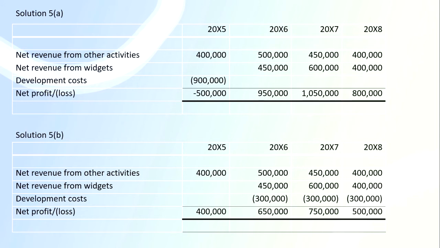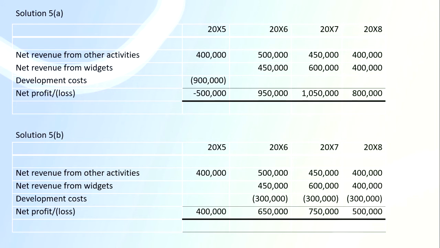This is the first one, for A. All the intangible cost is considered as research cost because it does not meet the intangible non-current asset criterion. So it is expensed during the year X5. So the company suffered a loss this year